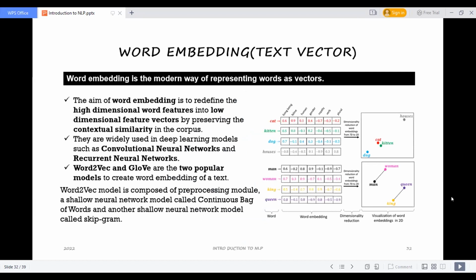So the next thing is word embedding. Word embedding is the most important feature extraction technique, and it is the trending way to represent words as vectors. Now, if we talk about image classification, does my CNN take an image as input? No. It takes a matrix as input, and it studies the pixel values and does the rest.